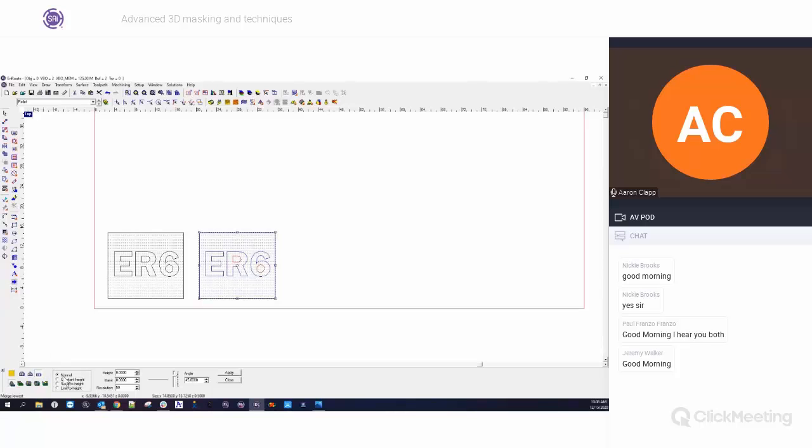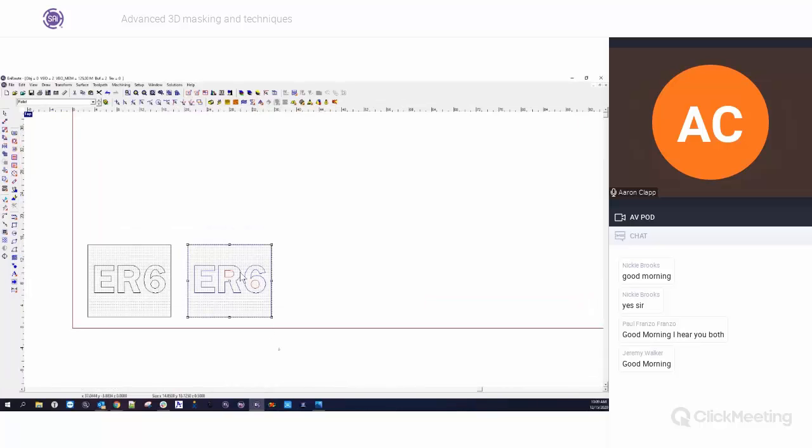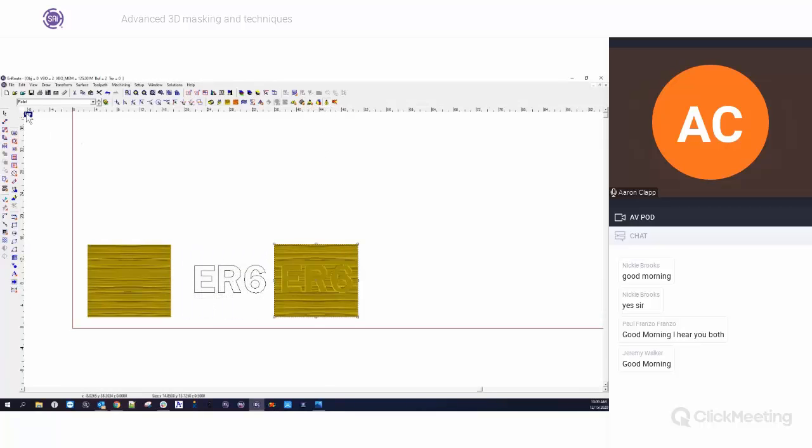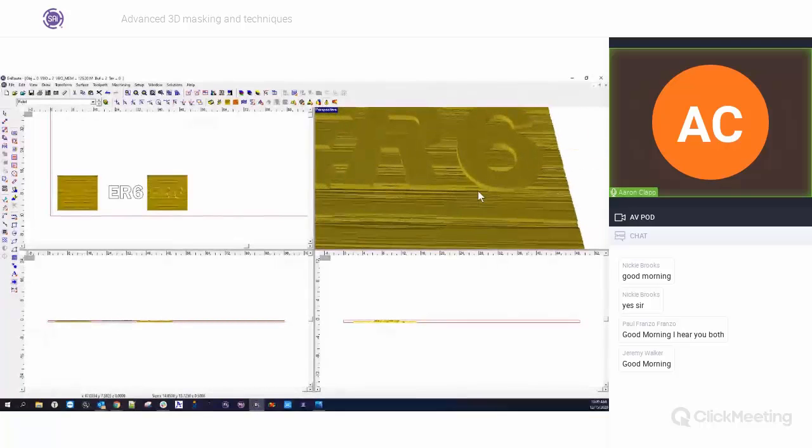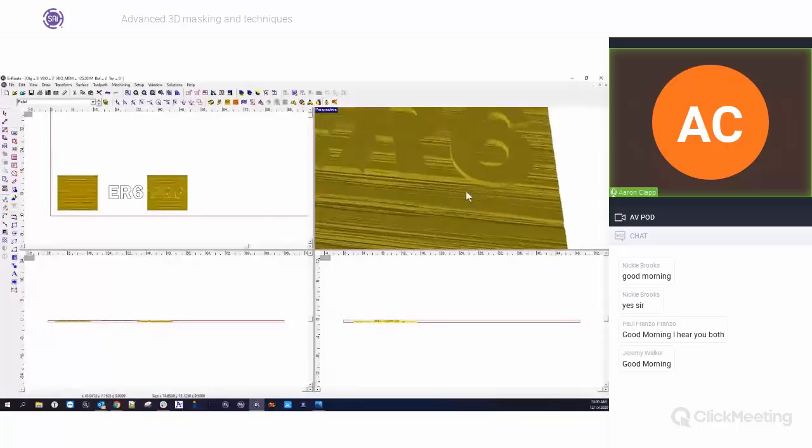I don't want to say add. Actually, we're going to do replace. And let's just make the height of these 0.5 inches. I'm going to hit apply and OK. And now what we should see is that the change we've made is we've got some letters standing straight out of the